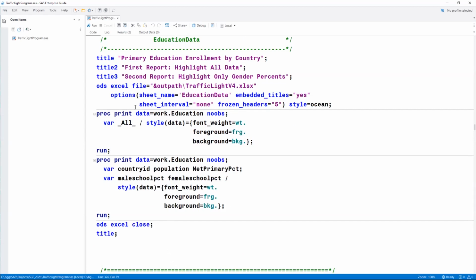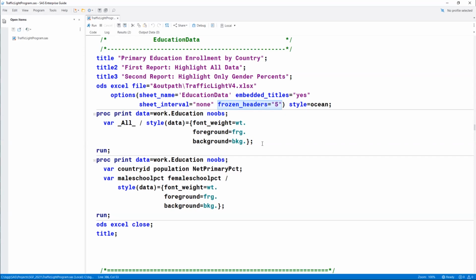And so I added yet one more option in my ODS Excel statement so that we can see the 2 different reports I have here go to the same tab in the workbook. Also, instead of saying on with frozen headers, you do have the ability to say how many rows you want to freeze just by a number.